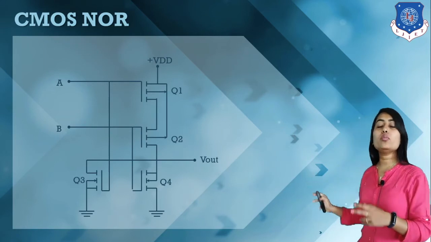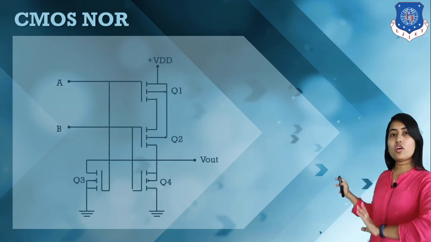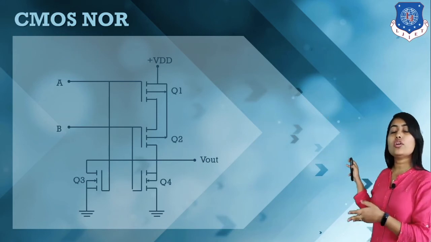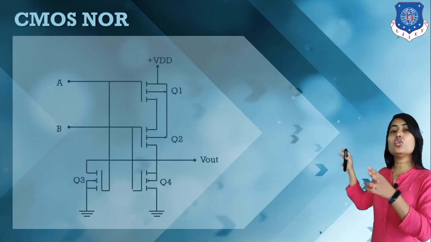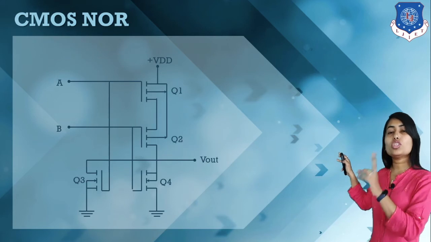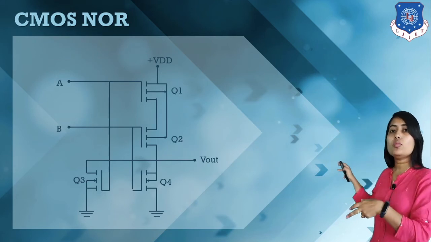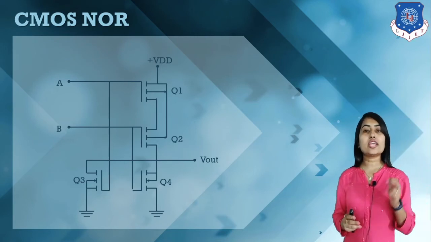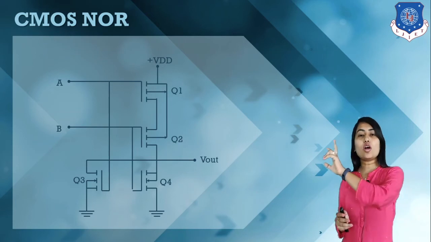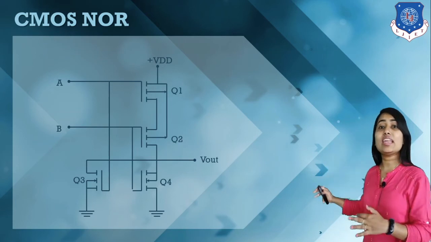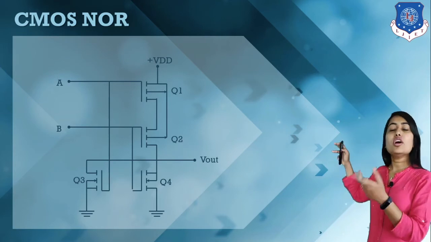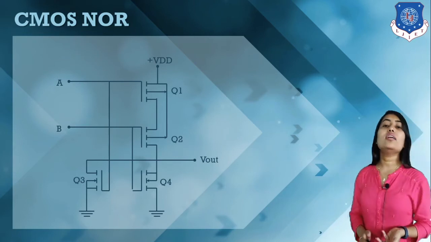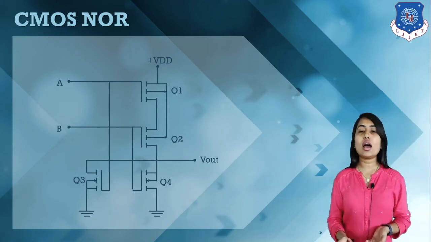But if both the inputs are 0, the N channel MOSFETs are off, and the P channel MOSFETs are on, so there is a path to flow at the output side. So when A and B are both equal to 0, Q3 and Q4 are both on, so VDD can flow through Q3 and Q4 to the output side, so we have a voltage at the output. So when A and B are equal to 0, we have an output of 1, and for the remaining conditions, when any of the inputs is 1, one P MOSFET must be off, so there is no connection, so at the output side there is no voltage, so our output is equal to 0.